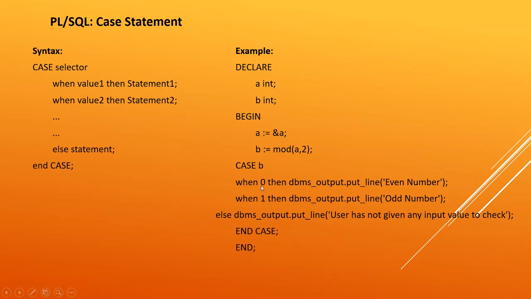So when 0, so earlier we used to write switch case, right? So it is case when it is 0, then what to do? If the case is 1, that is B value is 1, then what to do? If nothing matches, no case matches, it directly jumps to the else and does whatever is written within the else block, right? Just like a default in switch case. All right, so just take care of the syntax.